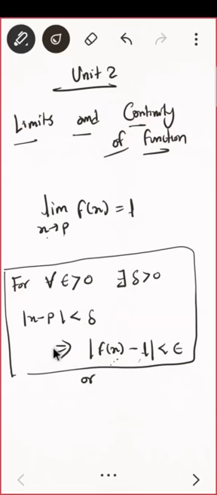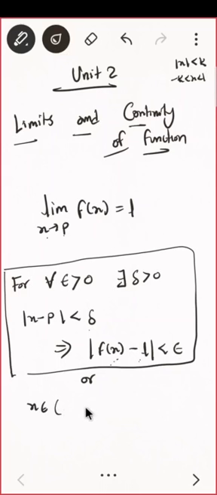Yes. x minus p lies between minus delta and delta. I think you are saying it in a different way. You are saying delta is lying between that and that. No. x minus p is lying between minus delta and delta. You remember mod x less than k means minus k less than x less than k, correct? So what next? Can you tell me where x belongs to?